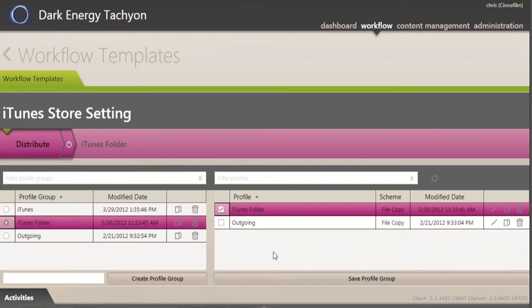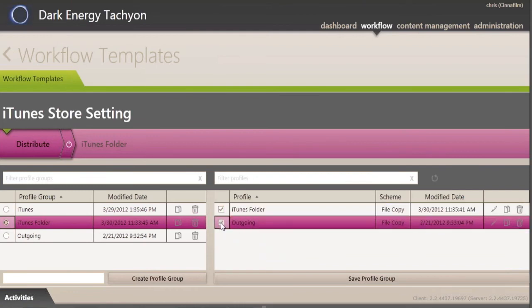Now, just like I created multiple encodes at the same time, I can do multiple output destinations at the same time. So let's say that in addition to saving a copy locally, I also wanted to have an FTP source. So I could click on my outgoing FTP at the same time and have versions of the files that I'm creating sent to both locations simultaneously. So again, we're just cutting down on the steps we need in order to get the files we need done. For the purposes of this, all I need to do is make sure that I have my iTunes folder version